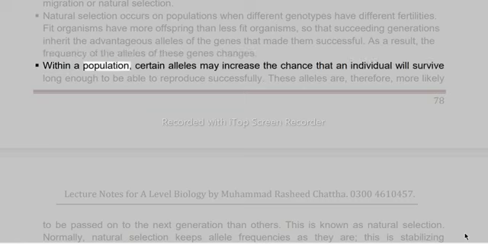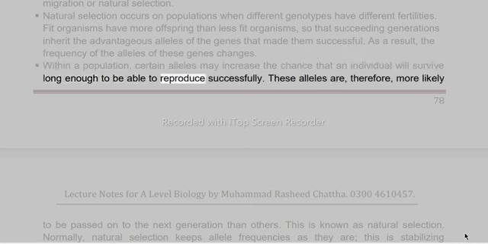Within a population, certain alleles may increase the chance that an individual will survive long enough to be able to reproduce successfully. These alleles are, therefore, more likely